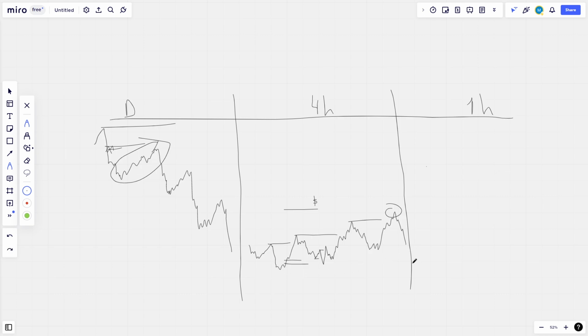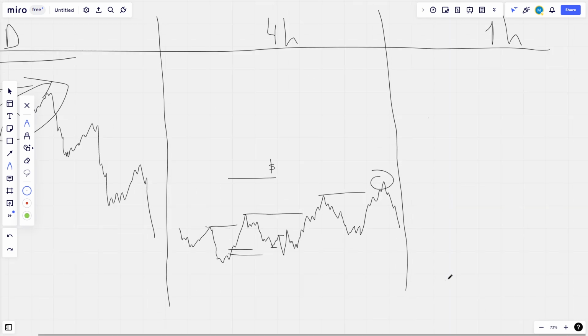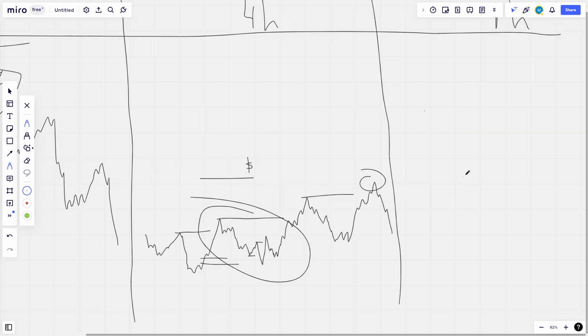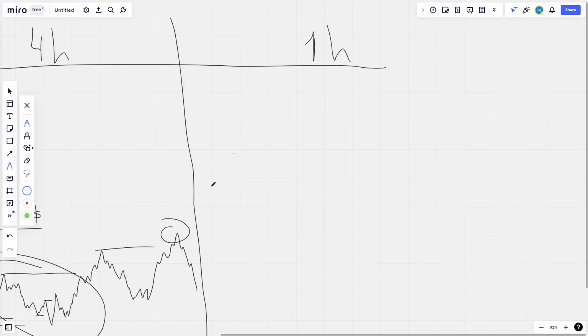So now let's look at that exact same thing, but on the 1-hour. Let's suppose that this is what we're looking into the 1-hour, right? So it's going higher, right? Clearly, we have run on liquidity. Well, it didn't actually run on liquidity, so let me just run it again. Run on liquidity, continuation higher, liquidity, continuation higher.